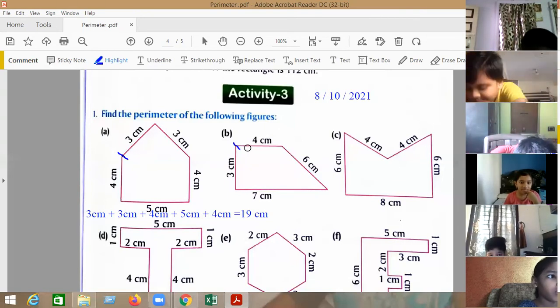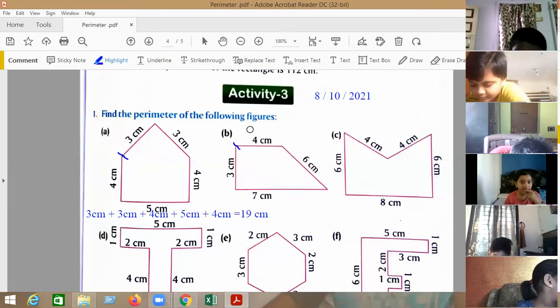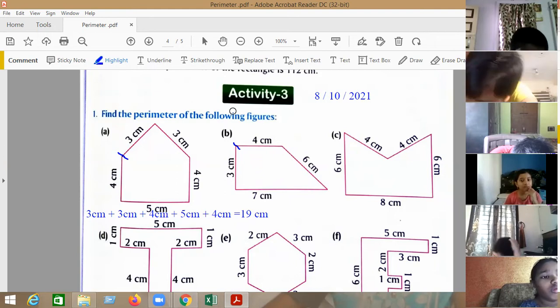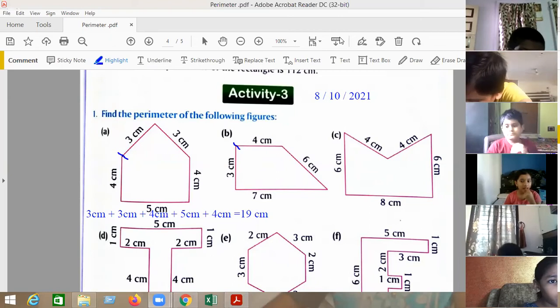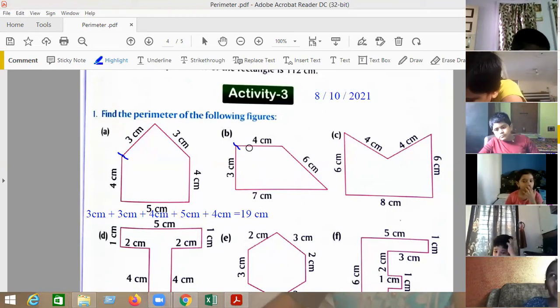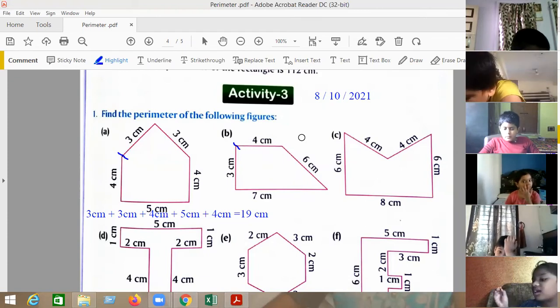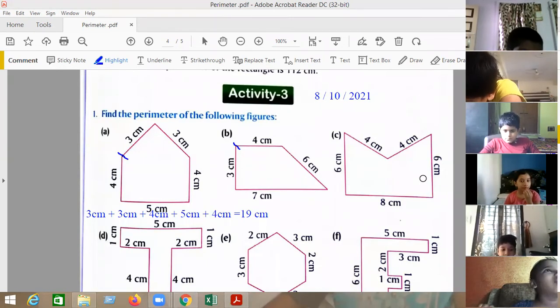Now you should start from where? You should start from 4 centimeters. 4 centimeters plus 6 centimeters. Can we write the direct answer? Yes, you can write the direct answer also. But you should know how to do that one. So for 3 questions, you write down the method. For the first 3, you do the method. From the next onwards, you write the direct answer. Answer is 20, ma'am.